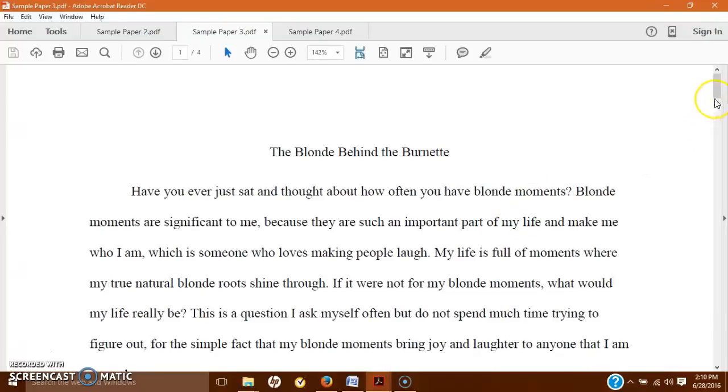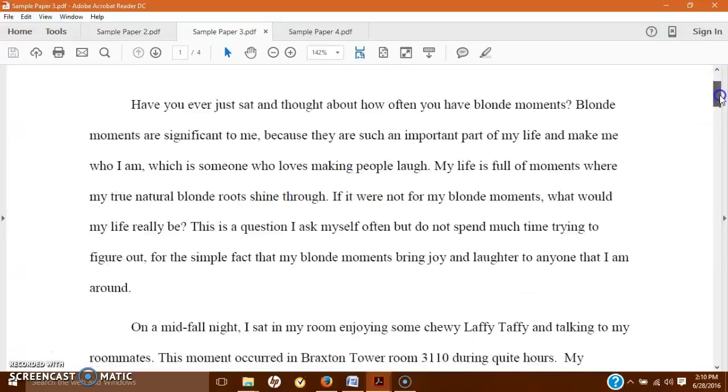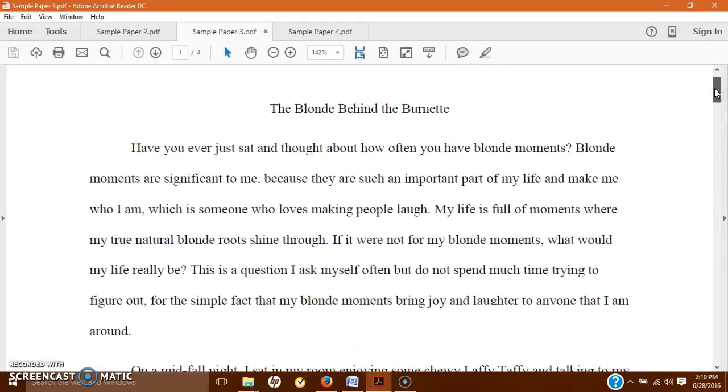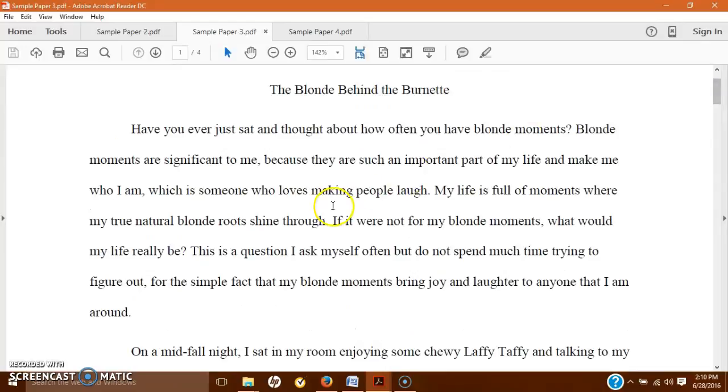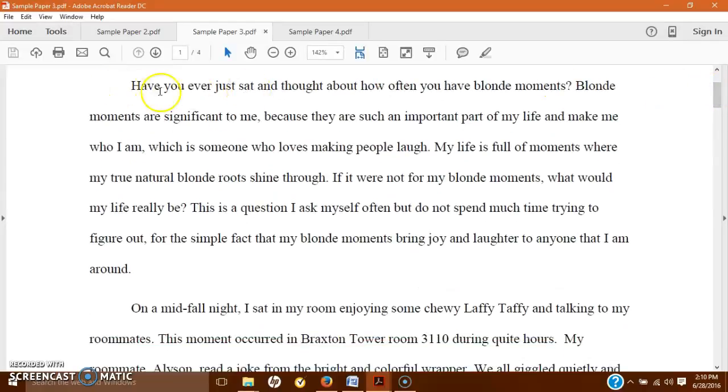So I've mentioned this paper before, and I think I've even had it in a video, but the same thing is going on here in terms of structure. So this student has a title that gives us some indication of what she'll be talking about. She's talking about maybe typical stereotypes of blondness versus being brunette, and she starts it out with a question, and she kind of highlights these different moments, which she'll describe 3 of them specifically,